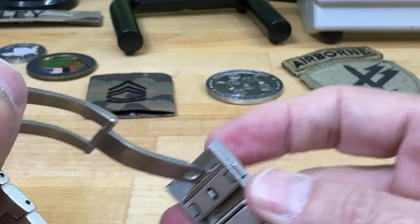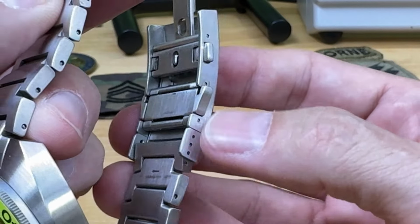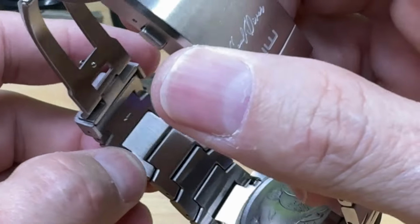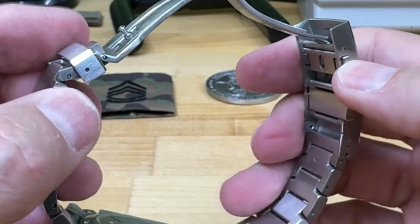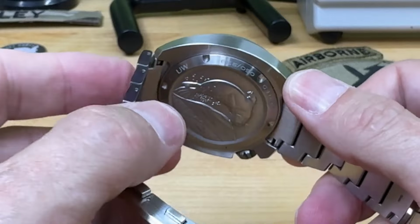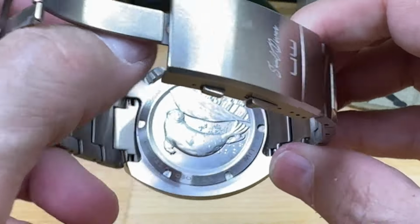A lot of thought went into this, which is very nice. I like when they put those on there, because you sometimes don't get enough micro adjustments. It is your typical pin and collar that they push through, but it's very easily adjustable, very comfortable. The back is a screw down case back, and in keeping in line with the design, it is engraved with